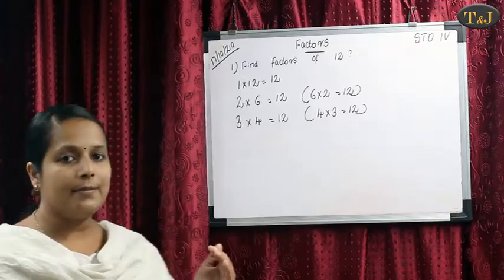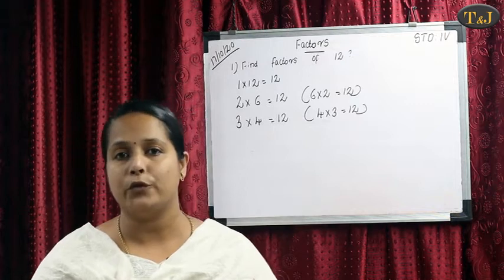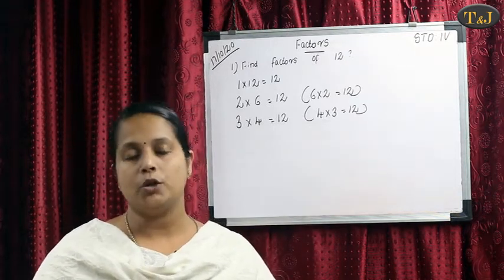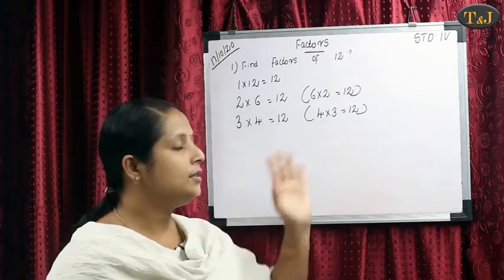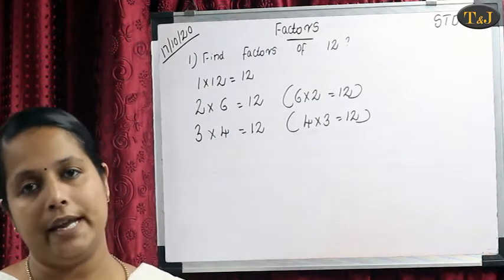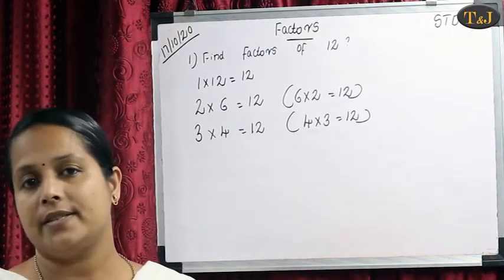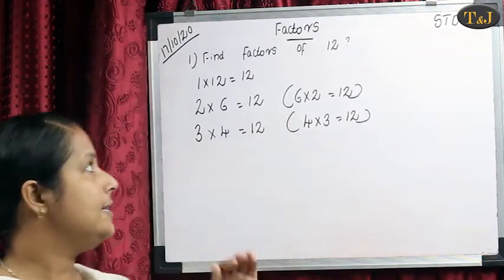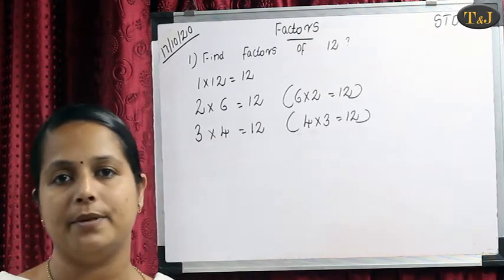Then in 7's table, is there 12? No, 7 1s are 7, 7 2s are 14. There is no 12. In 8's table, is there 12? No, 8 1s are 8, 8 2s are 16. Here we want the number 12, but there is no 12 in 8's table. In 9's table, 9 1s are 9, 9 2s are 18. There is no 12. In 10's table, no 12, because the numbers are 10,